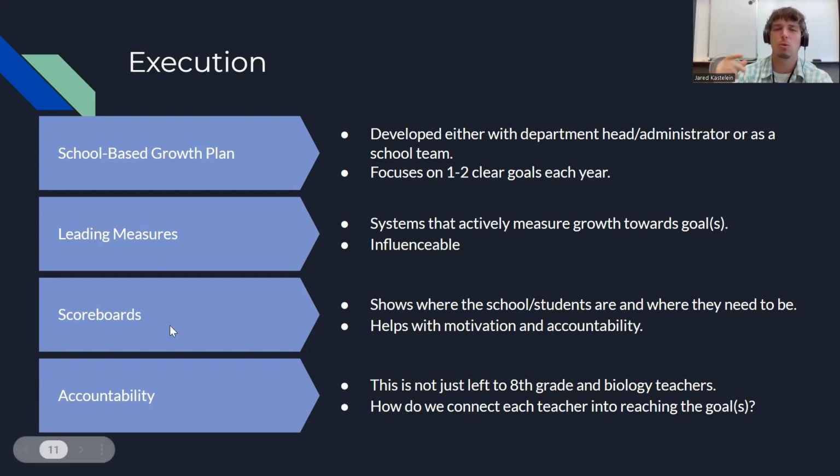It keeps everybody accountable. We're not just going to reach this goal by not telling our students what we're doing. Let's tell them, hey, 6th grade students, in 3 years, you're taking the 8th grade math test and you are going to beat the state. How are we going to get there? We need to start now prepping you to get to that level.